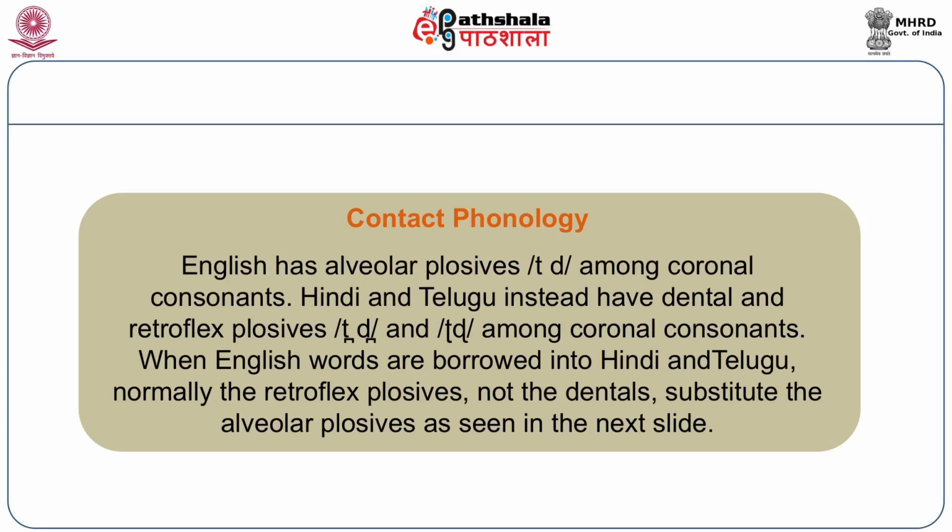words having alveolar plosives ta and da, Hindi and Telugu have two possible sets. That is, both the languages have dental and retroflex sets, but not alveolar sets. So, when we get alveolar consonants from English, the possibility is that Hindi and Telugu will substitute either the dental for the alveolar or the retroflexes for the alveolar. Both are equidistant.